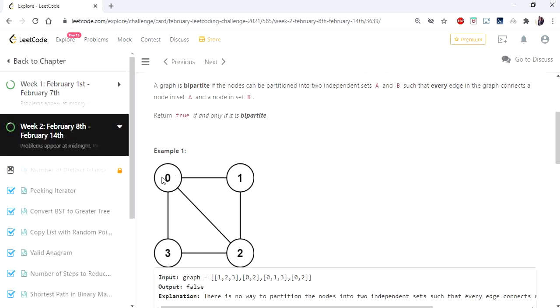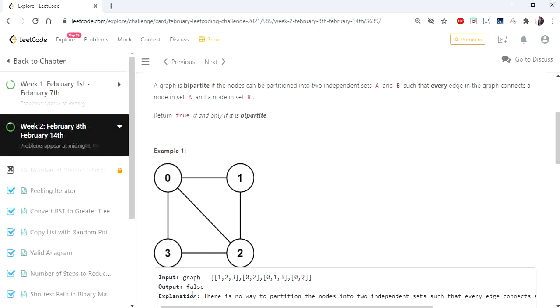For example, this graph consists of four nodes 0, 1, 2, 3, and the zeroth node is connected with 1, 2, 3. So that is what is represented as the first entry 1, 2, 3. And moving on to 1, 1 is connected with 0 and 2. So here they have given 0 and 2. And 2 is connected with 0, 1 and 3. So here they have given 0, 1 and 3. And finally 3 is connected with 0 and 2. So they have given the nodes connected with 3, 0 and 2.